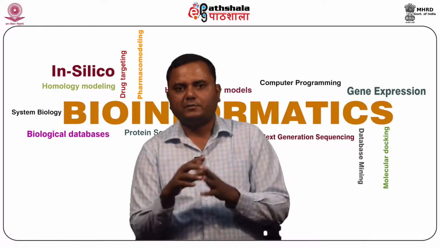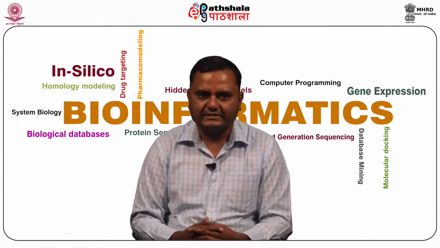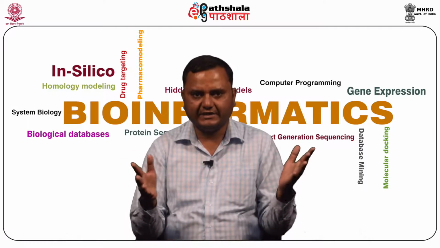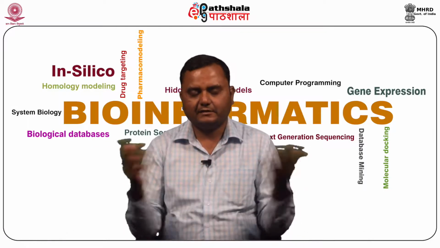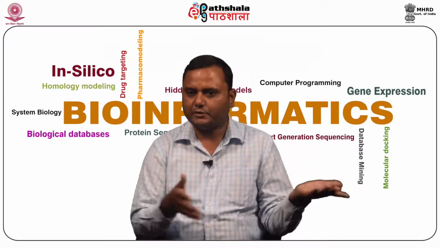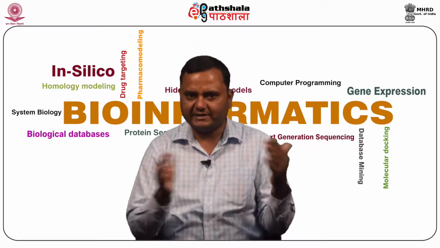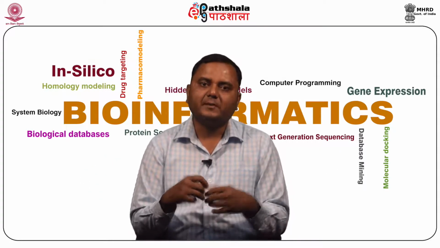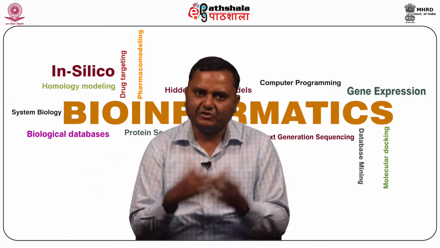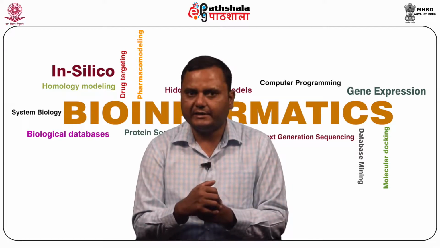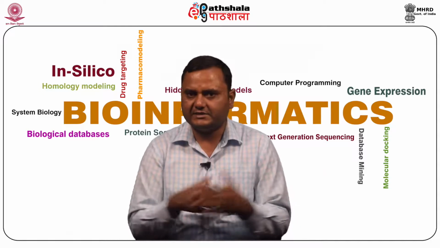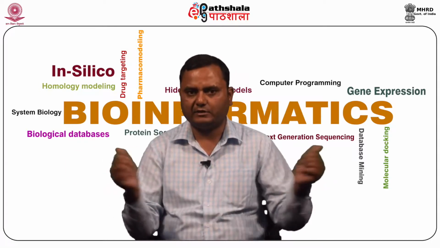Now we discuss domains and motifs in the specialized databases. For example, a domain is a compact unit of a protein that behaves independently. There are many proteins having one domain, two domains, three domains. Some domains function independently, some domains may function together. So domain analysis gives you the idea of the functional entity of the protein, and from a sequence you can identify how many domains are present in a protein and where these are located.